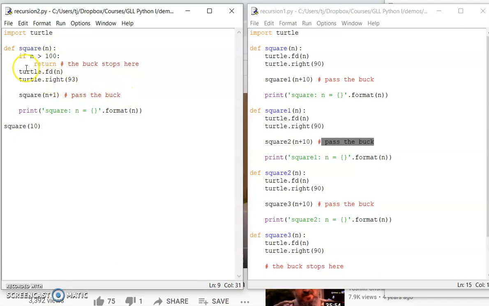And also there's this aspect of winding up and then unwinding after the passing the buck call here. If we put code in after that, we can unwind. I want to extend that idea to